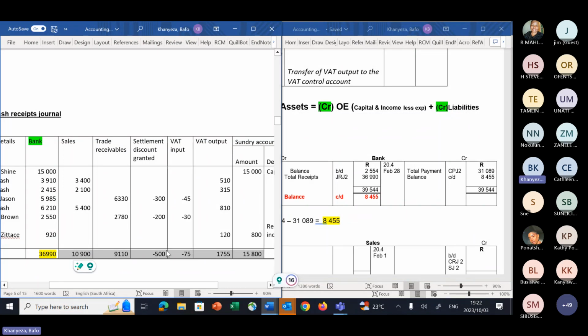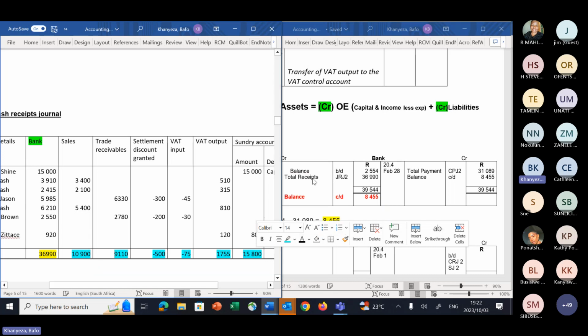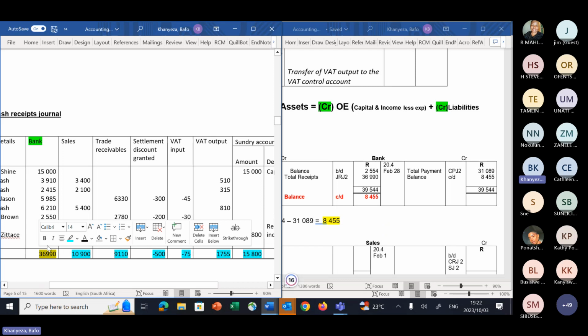If you add all this that I've just highlighted, because I'm trying to make you see how you can quickly do this. If you add 10,900, 911, 0, 5, less 500, less 75, plus 1,775, plus 15,800, you're going to get to this amount here. This I'm just highlighting now: 36,990,